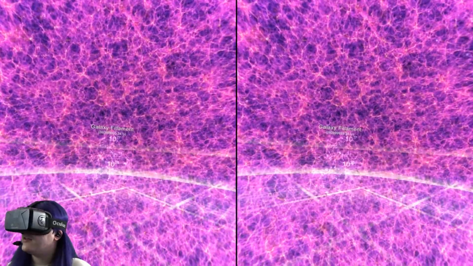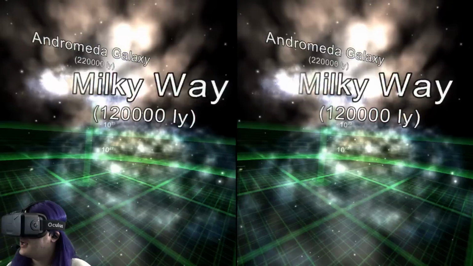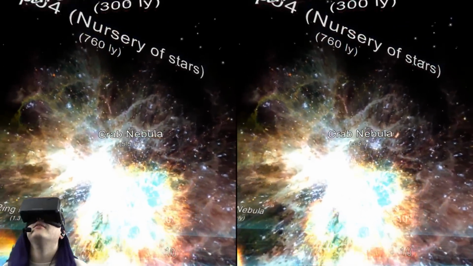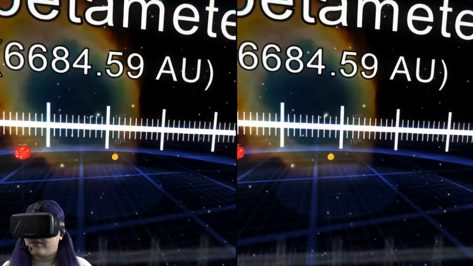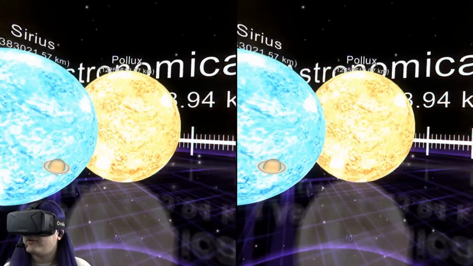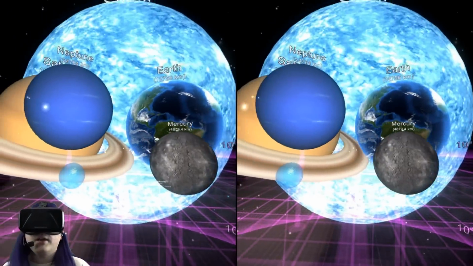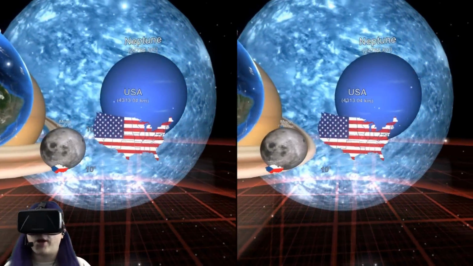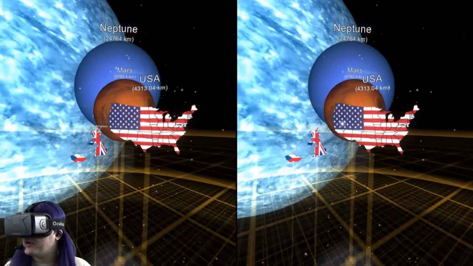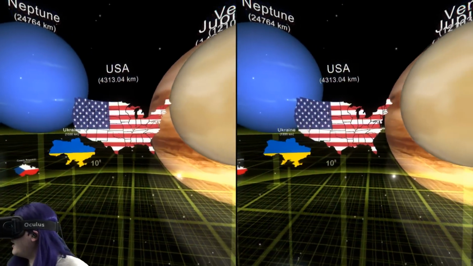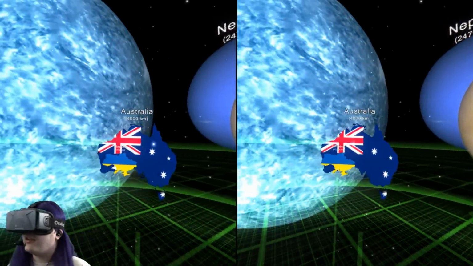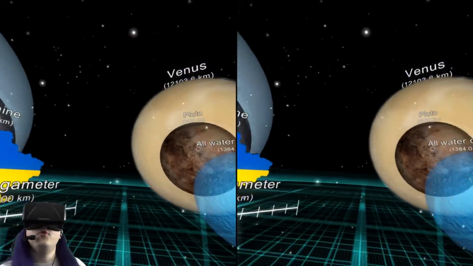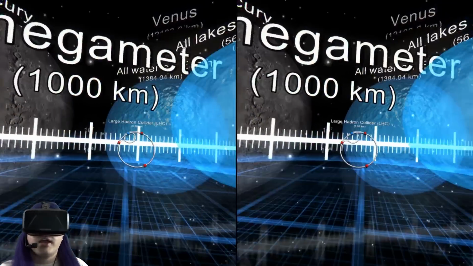I feel like I could just scroll up and down in here for hours, looking at how big all these relative sizes are, looking at this Crab Nebula compared to a light year, and all the human scale things, and as you start to transition into the planet scale, how things are kind of on the same scale. Like, there's the USA compared to the moon. The moon could drop on the USA, and California would, well, it would all be destroyed. But the point is, we could sit the moon in the middle, and it would crush some of the states in the middle, but the coast would be okay. Anyway, it's cool to move between all of these scales so smoothly, and to get this really